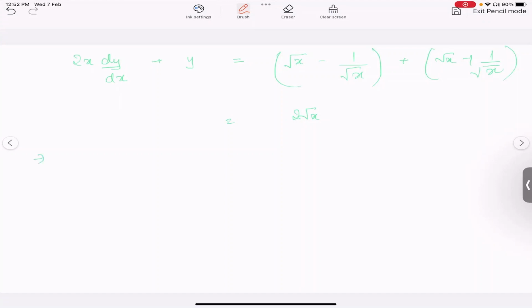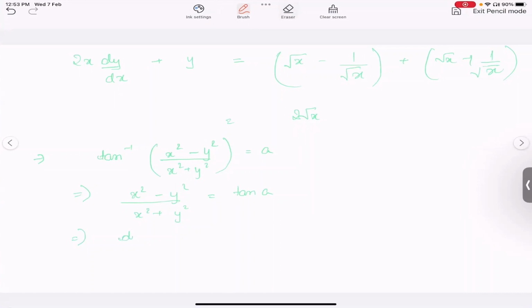Let's say we have tan inverse of x square minus y square by x square plus y square is equal to a, and we have to find out dy dx. So what we are supposed to do, since a is a constant, x square minus y square by x square plus y square can be written as tan a. This implies